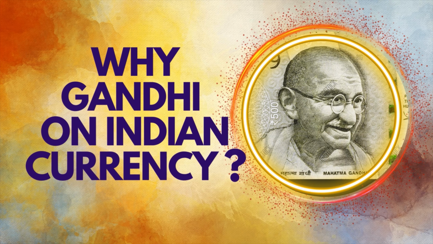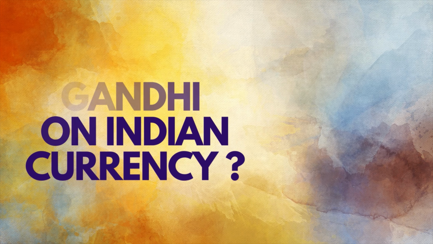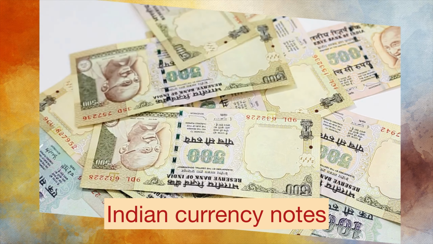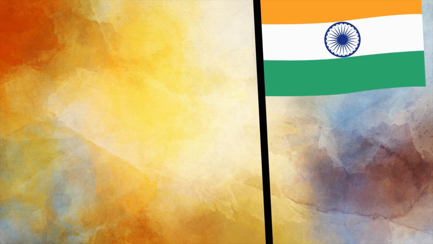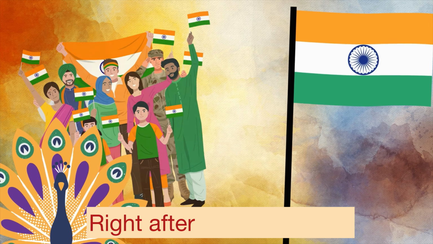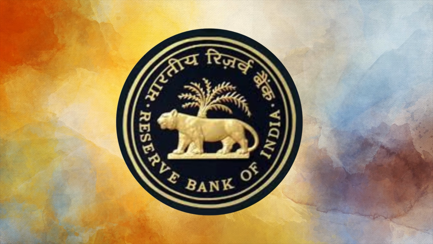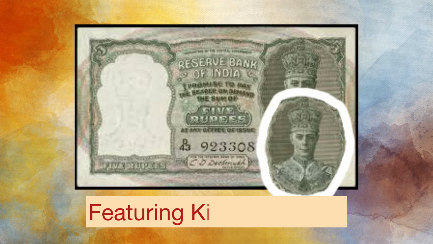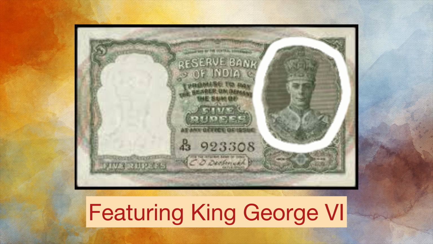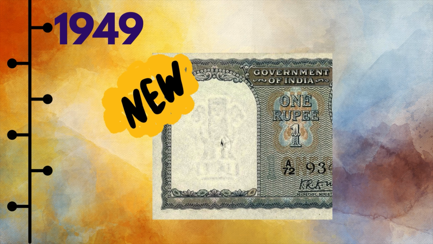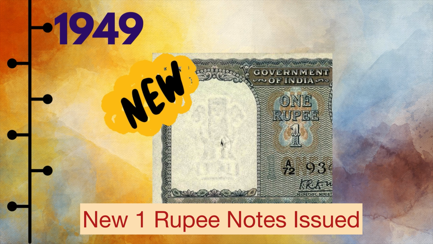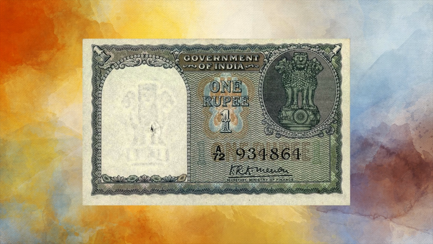Hello! Today's video is about how Gandhiji's face came to be featured on the Indian currency notes. Right after independence, RBI continued to issue notes from the colonial era with the pictures of King George VI. In 1949, Government of India introduced a new 1 rupee note where King George's picture was replaced by the Ashoka